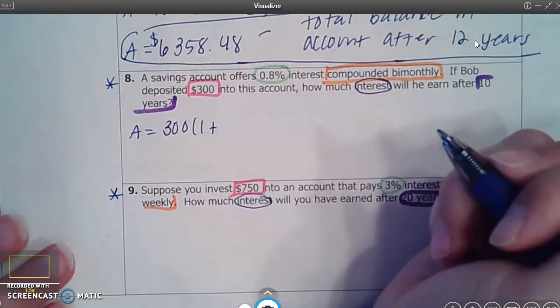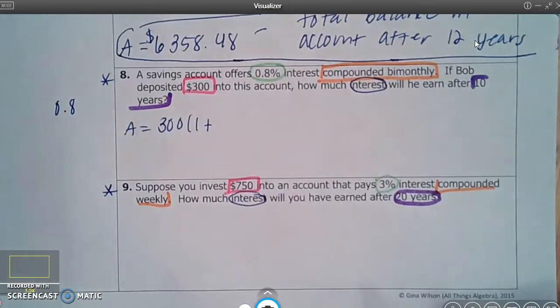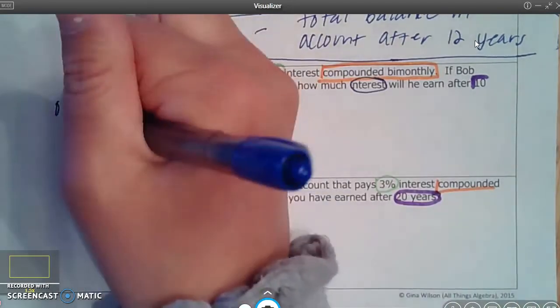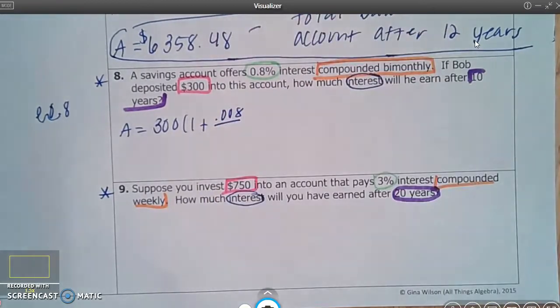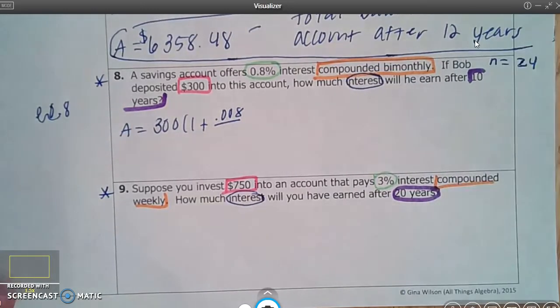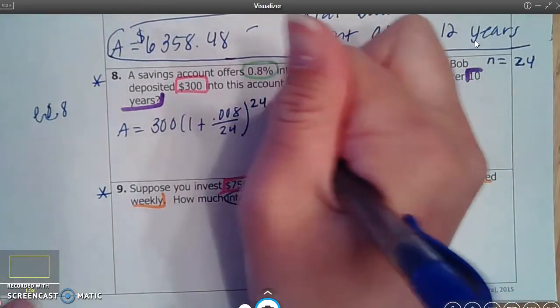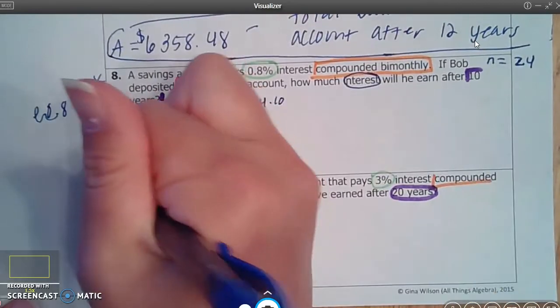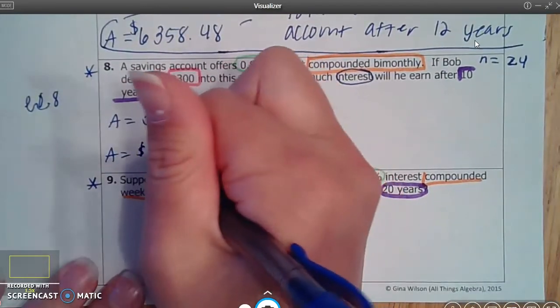I have a rate of 0.8%. Now I know that's already a decimal, however, it's a percent, so you still need to move that decimal over 2 to the left. So 1, 2, and I'll get 0.008. I'm compounding bi-monthly, which means I'm going to do this twice a month. So n would have to be 24. So I'll put this 24, and then it'll be 24 times my 10 years. Okay, when you plug this in the calculator, that means after 20 years, there's